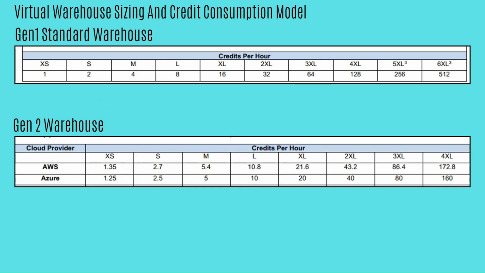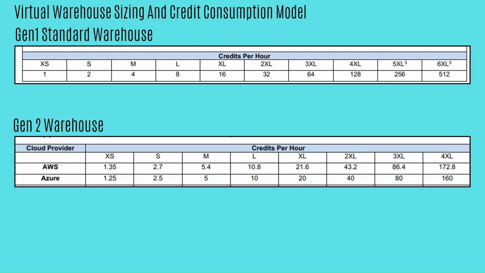So now, virtual warehouses, right? Earlier we were just having the standard warehouse, but now they have split it. Now they have the Gen 1 standard warehouse, which is the original one. Along with this they have the Gen 2 warehouse also, right? But we are going to discuss only the Gen 1 standard warehouse. The difference between the Gen 1 standard warehouse and the Gen 2 warehouse is, you can see from the screen itself, that in the Gen 1 standard warehouse,